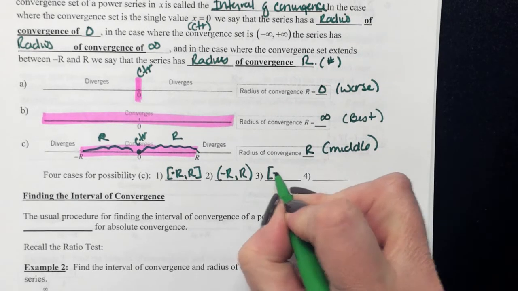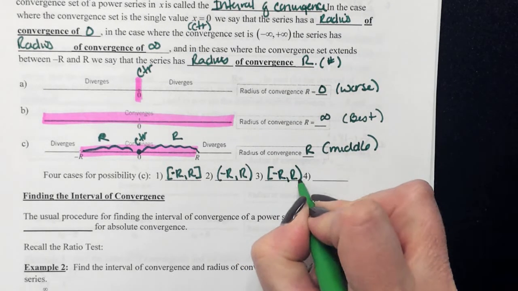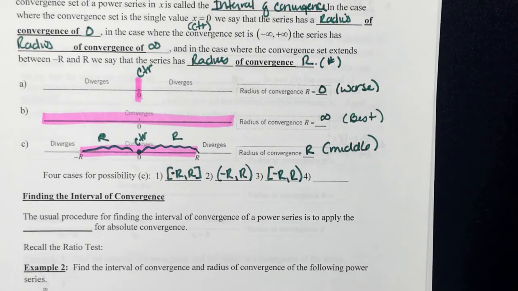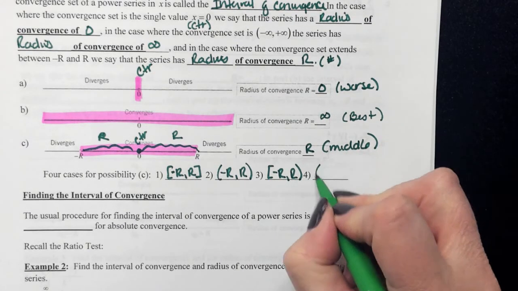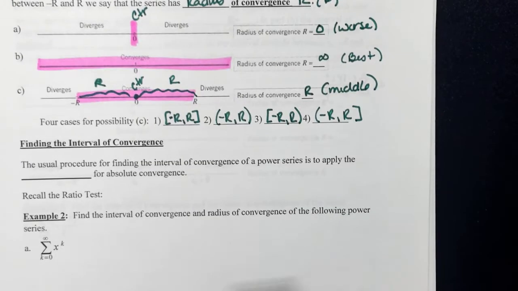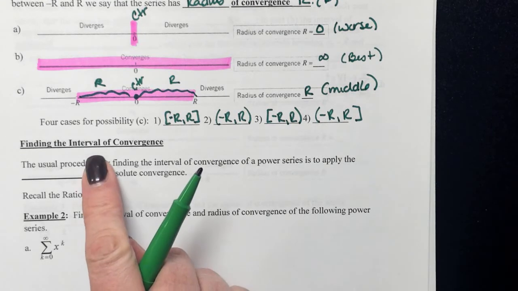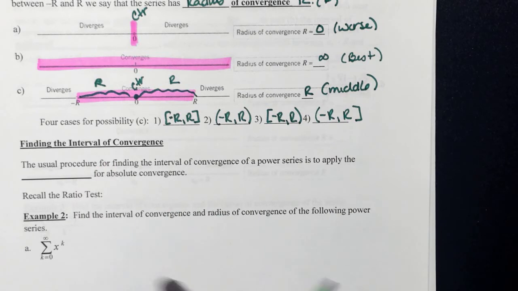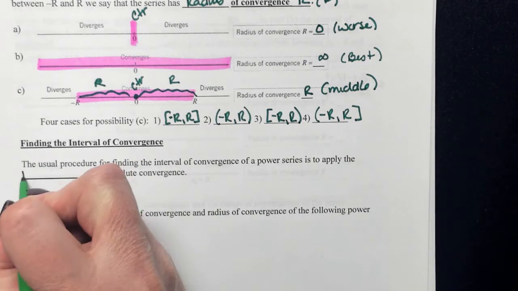It's possible that one will converge, the other one will diverge. So again, like I mentioned, we're going to have to check to see what's happening at each endpoint to see if we're going to include them in the interval of convergence. So how are we going to exactly calculate the interval of convergence? We're going to apply the ratio test